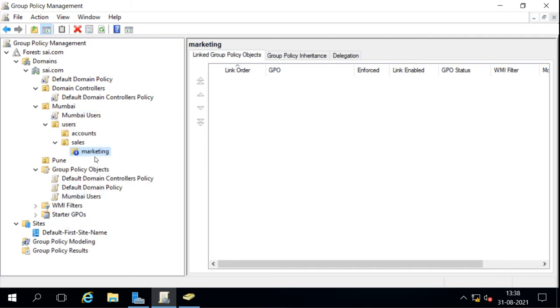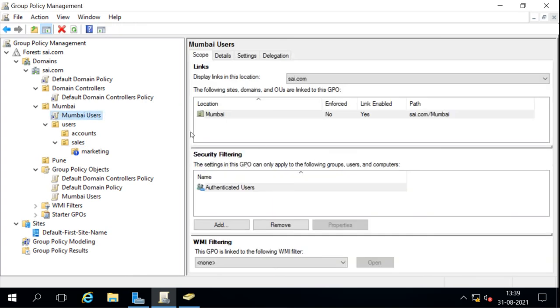Suppose we have 2-3 policies applied on this Mumbai OU, but one policy is very important. I want this policy to be applied to all the OUs and child OUs, whether they are blocking the inheritance like this OU or not. This is the important policy and I want them to apply it.